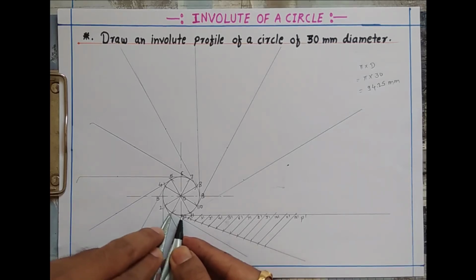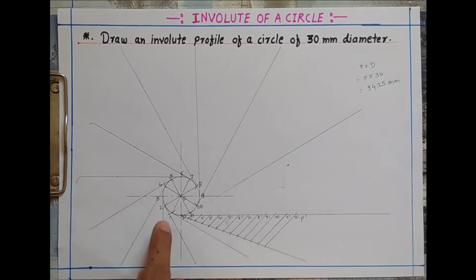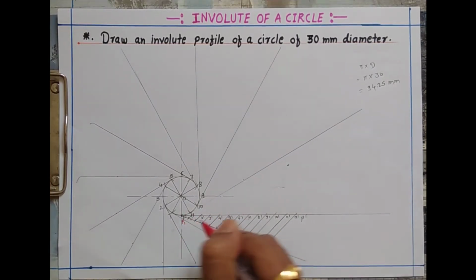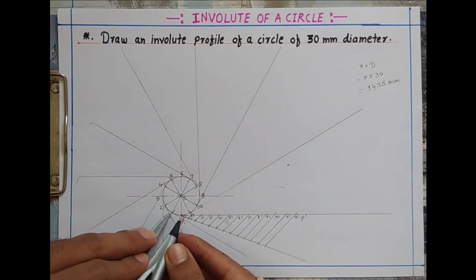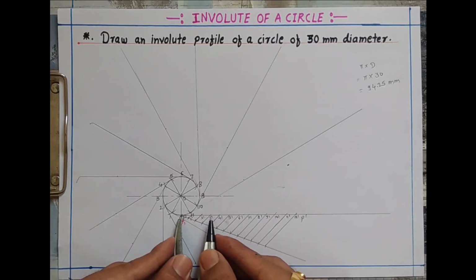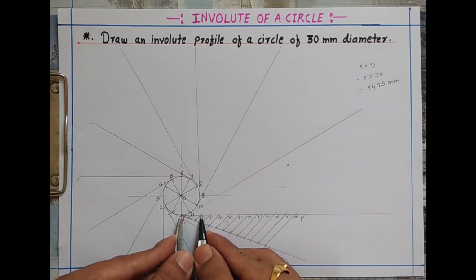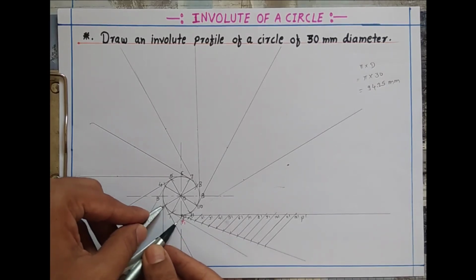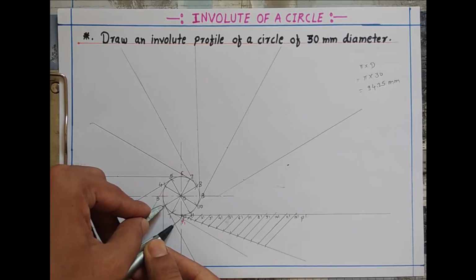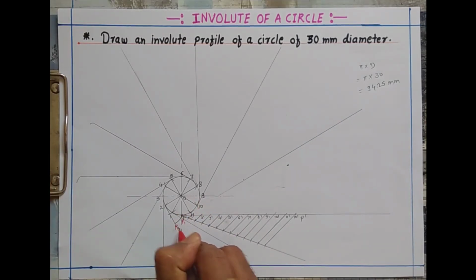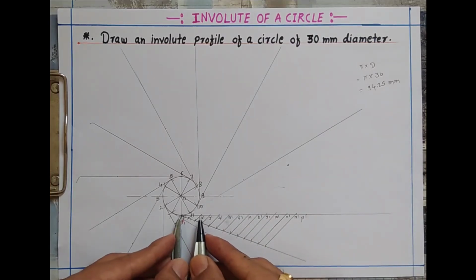It will intersect with the tangent which is passing through the point 1. That intersection point is to be named as point p1. So here you are actually having that arc. Okay, now similarly carry the distance equal to p to 2 dash, and with 2 as a center, draw the next arc. It will intersect with the tangent of that point 2. That intersecting point is named as point p2.